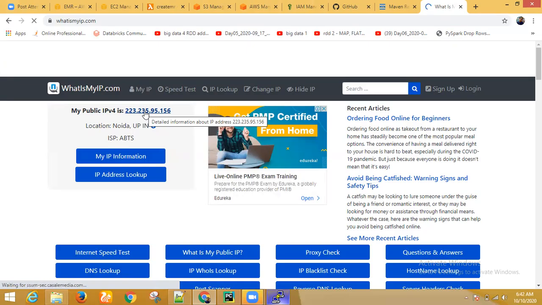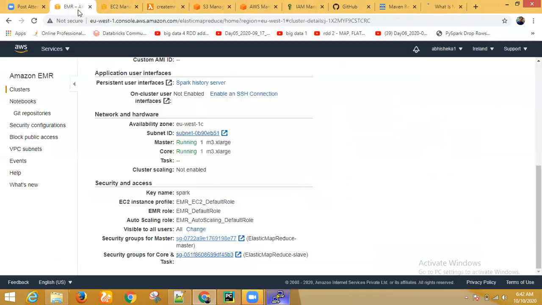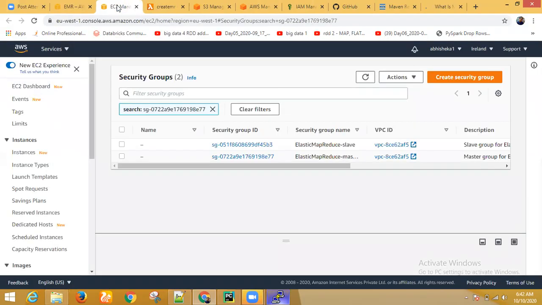Now this IP address wants to access this EMR cluster. The EMR cluster you have created is a cluster, and from our IP address we want to access the master node. Accessing an EMR cluster means you are accessing the master node. So we have to whitelist that IP address. Otherwise, the rest of the 5 people will be able to access it, make use of your AWS, and your bill will go to thousands of dollars. That we don't want, right?